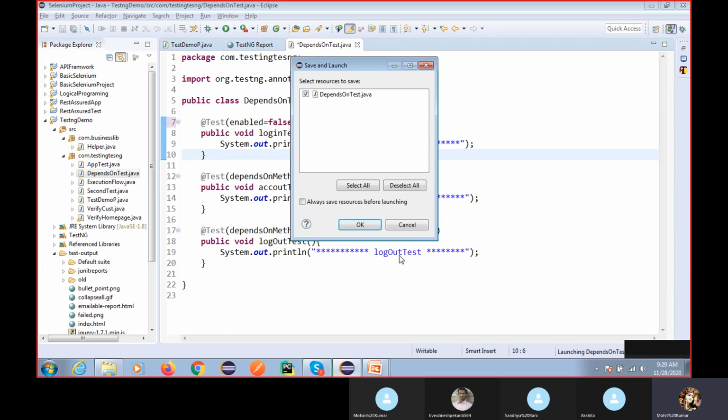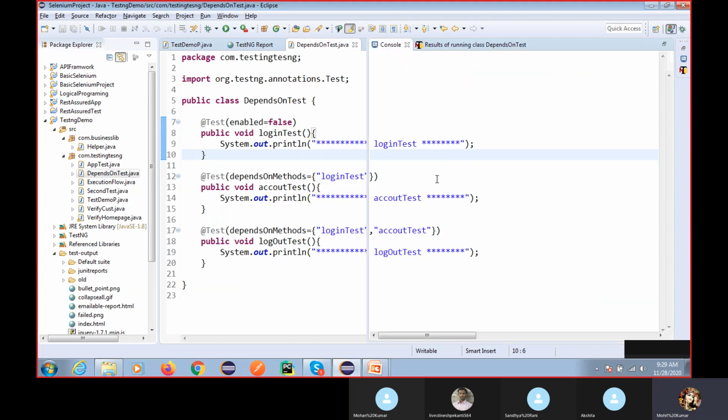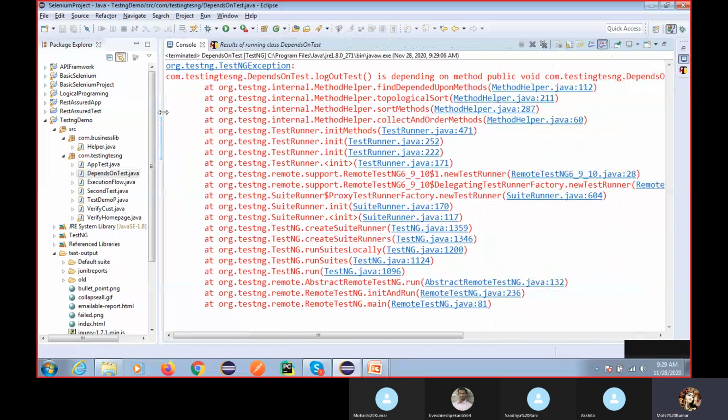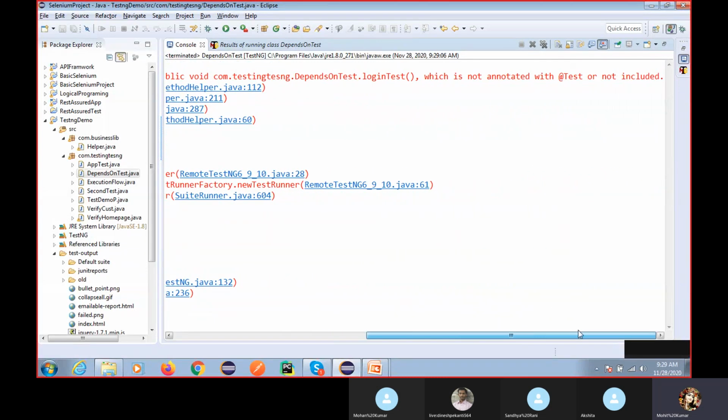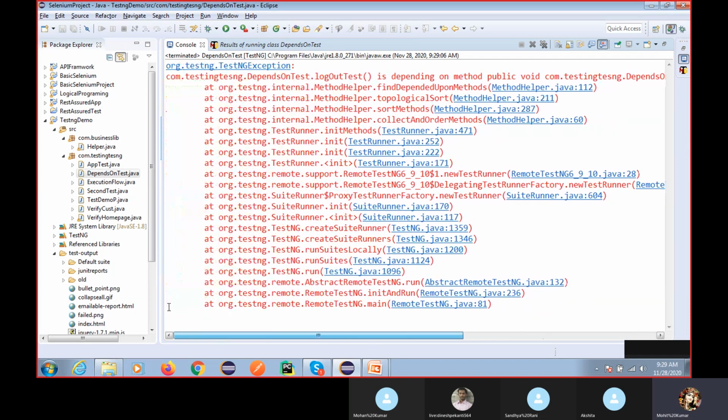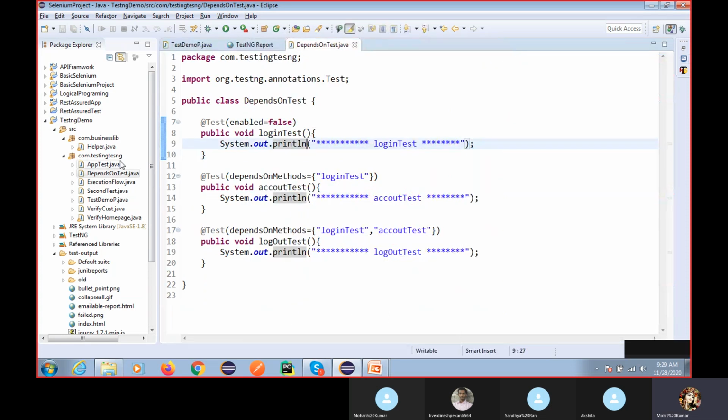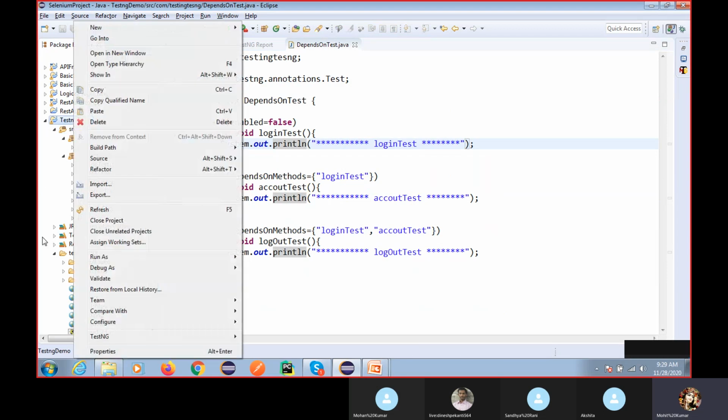Let me, okay, so you can see here we are getting this exception. You can see it says depends upon method public void depends login, which is not annotated, not included, which means this is not executed. You have disabled this one test case, and these two test cases depend upon this test case, right? So if I am able to show you the report,